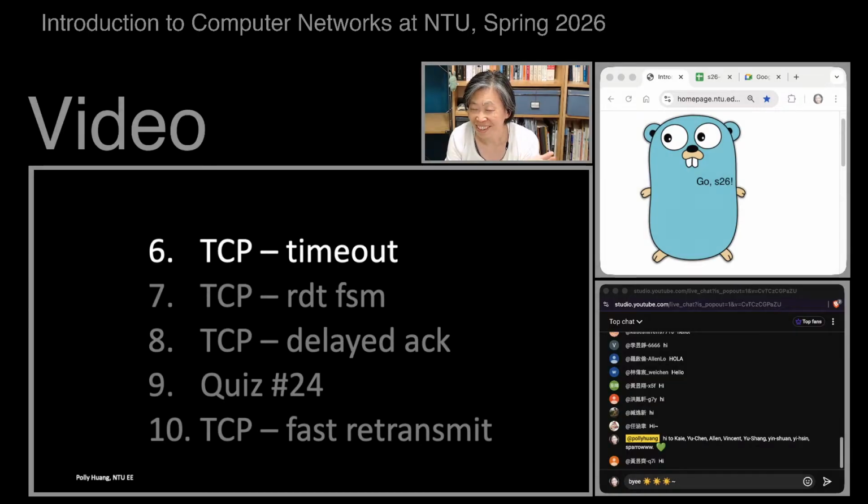So the mechanism for setting the timeout interval makes sense, doesn't it? All right, and with that said, this is all for today. We'll continue to introduce the details of